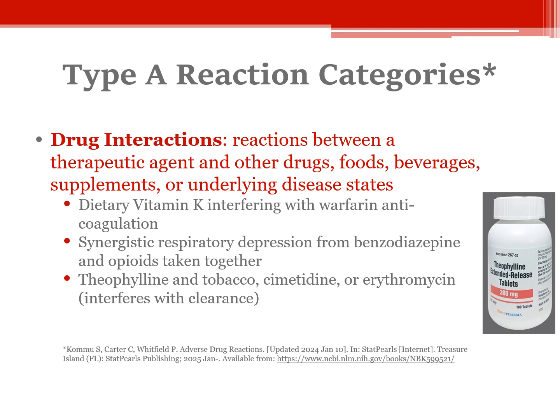Theophylline is another drug that's often taken as a bronchial dilator, but if a person takes it with tobacco, or with cimetidine, which is a treatment often given for gastric ulcers, or with the broad-spectrum antibiotic erythromycin, we get into a problem. All three of those, tobacco, cimetidine, and erythromycin, interfere with the clearance of theophylline, so that the theophylline, rather than being metabolized and clearing out of the bloodstream after it's done what it needs to do, stays around. It keeps exerting effects that can lead to injuries and illnesses, and in some cases even death. So these are examples of drug interactions as a type A reaction.